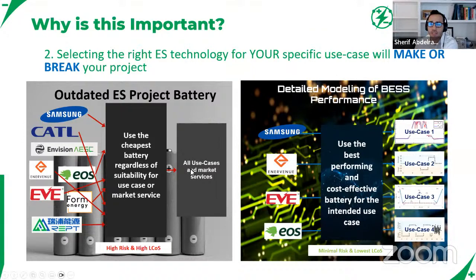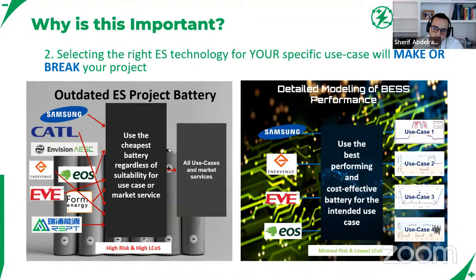And then, okay, that's what we're going to use. Today, developers are getting more sophisticated on that aspect, and they're finding that, for a use case with a high cycling count, maybe we're better off with a nickel